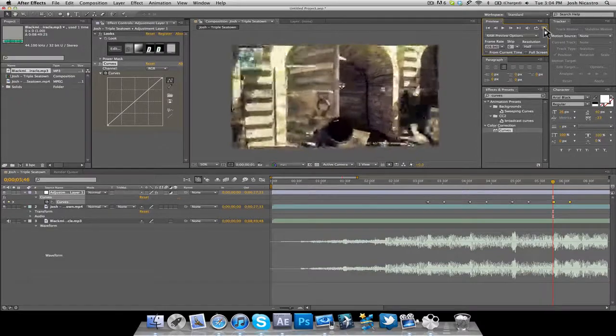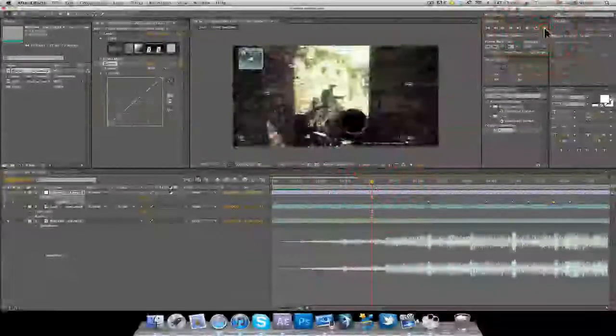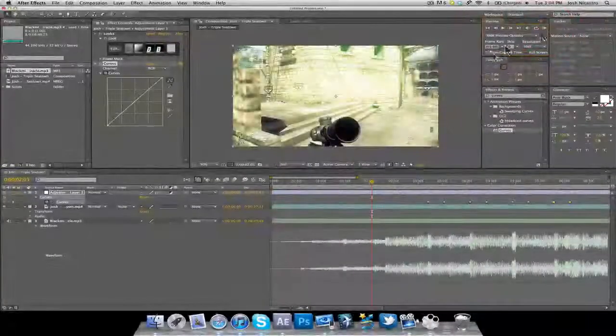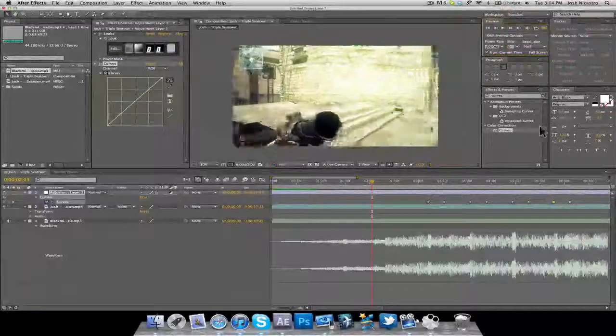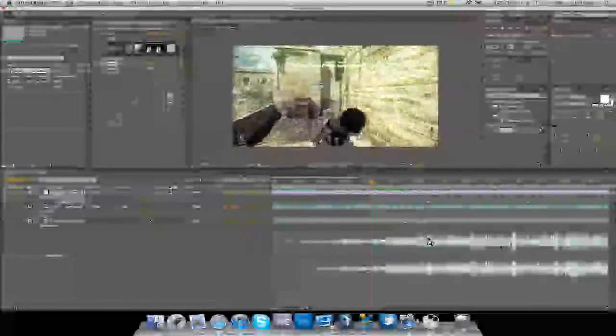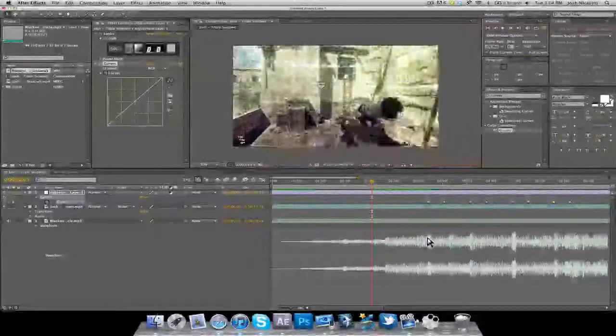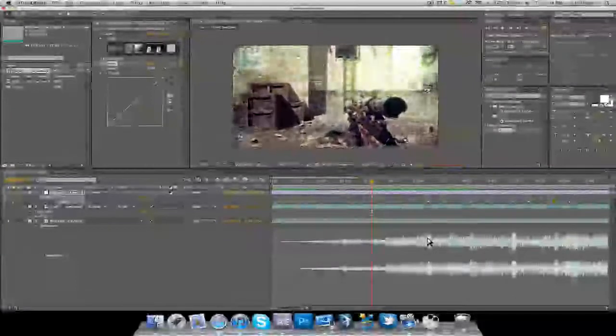So if we just preview this, I'll actually just do it over here, speed it up. So as you can see, coming along to where that beat is, flash, and these flashes, in my opinion, actually look a lot better than those ones where you get a solid and do some sort of blending mode, like overlay, change the opacity. Doesn't look that good. Doesn't look like a real flash. Looks pretty crap. So if we just play this back,